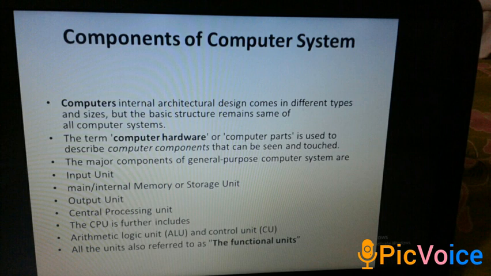The memory or storage unit is used for storing data during, before and after processing. The unit retains temporary results till further processing. The storage or secondary storage is used to retain digital data after processing permanently. The output unit receives information from the CPU and then delivers it to the external storage or device in the soft or hard processed form. The devices which are used to display output to the user are called output devices. So the main chip in the computer is called microprocessor chip, which is also known as the CPU, central processing unit.